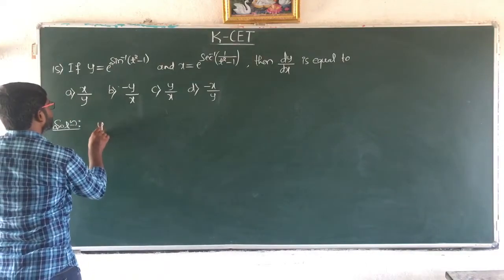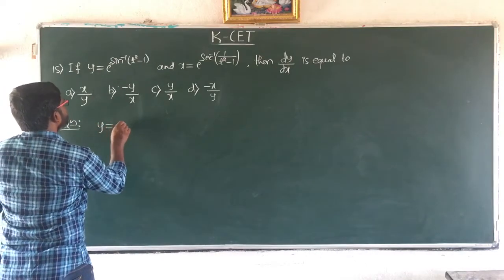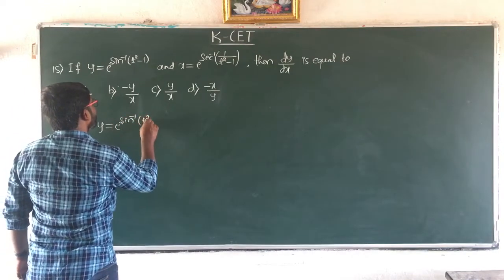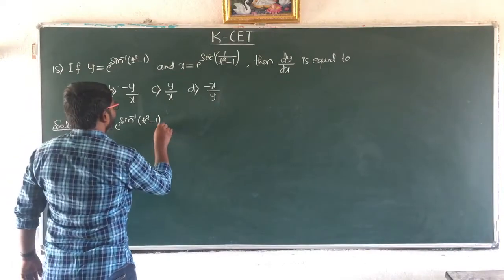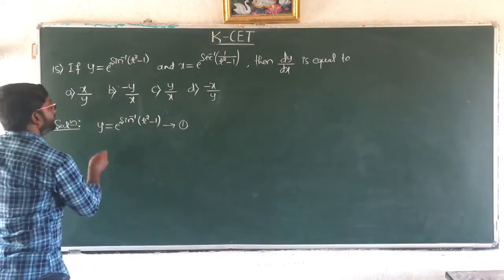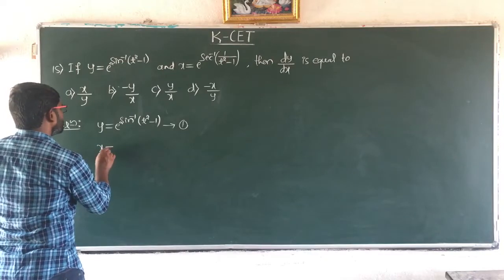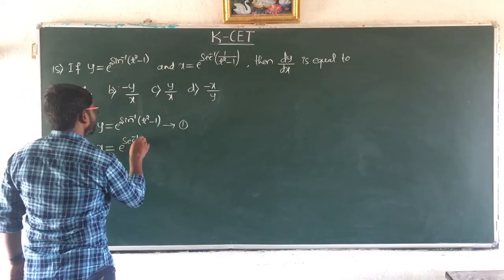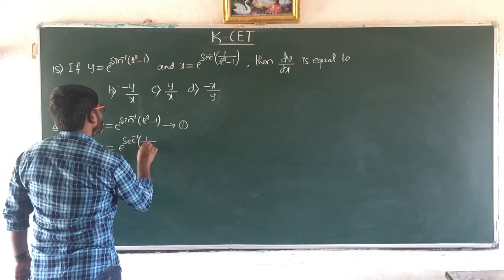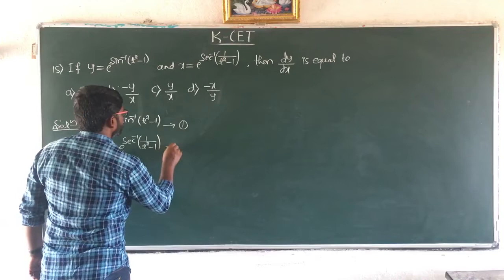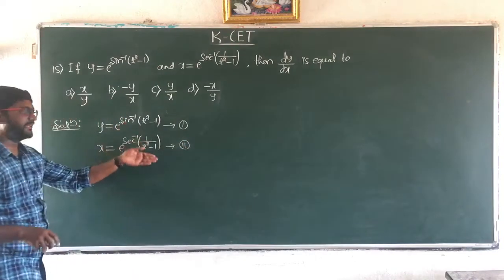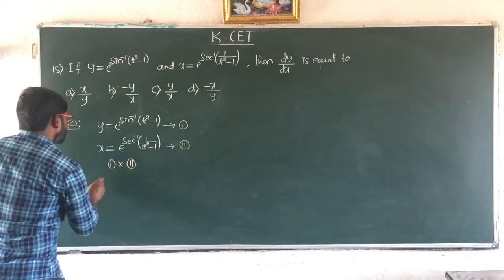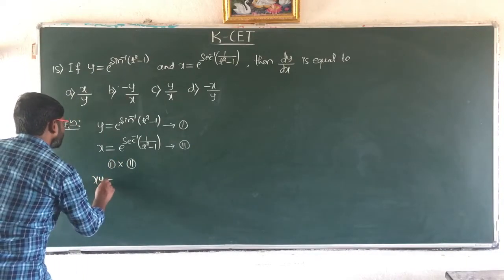So write the given functions. y is equal to e raised to sine inverse (t square minus 1), and I call this equation number 1, and x is equal to e raised to secant inverse (1 by t square minus 1). I call this equation number 2. Multiplying 1 and 2 now, we get equation 1 into equation 2, we get xy equal to